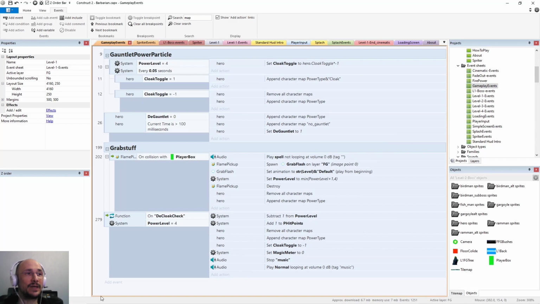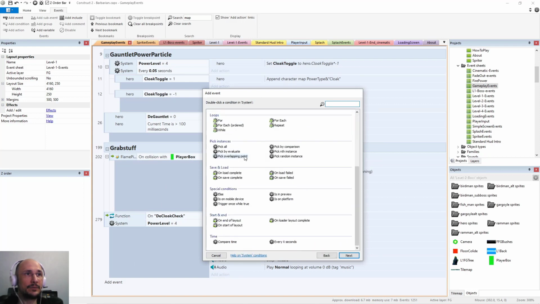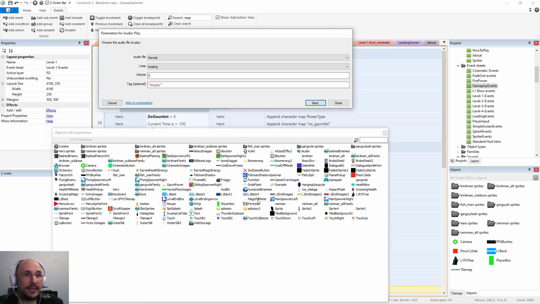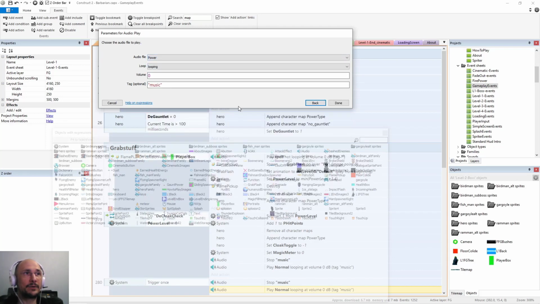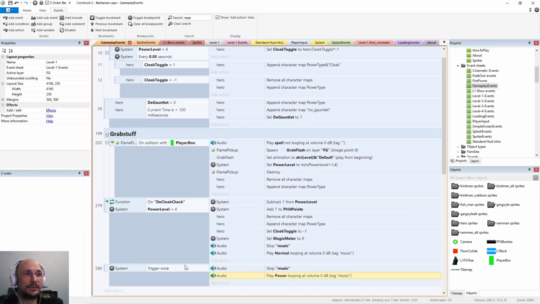And then I think what we need to do is add something that says limit once while true, trigger once while true. And then we're going to do the same thing, but instead of playing normal, we're going to play, I call it something mundane, I think power. Right. And this is going to be